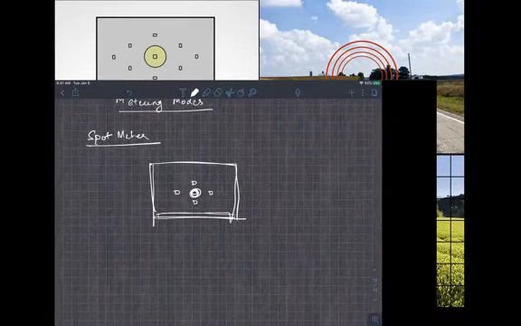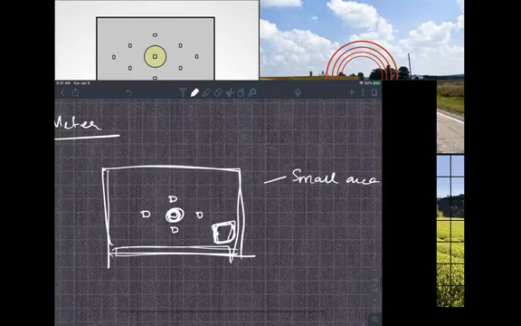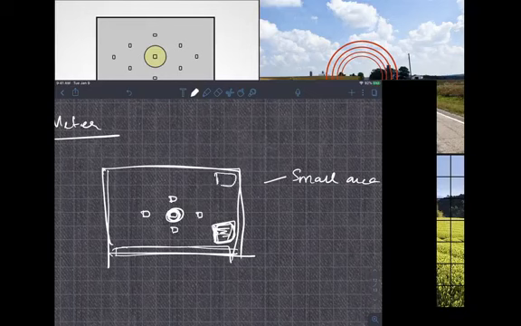Okay. So now, why is this good or why is this bad? One thing, it takes a small area for metering. So anything outside this area, let's say you're taking a photo of a subject and there's a really bright object here, right on the side, this will not be used in the metering calculation at all. It won't make any difference if there's a bright object somewhere here or a really dark object somewhere here. It only depends on what's in the center.